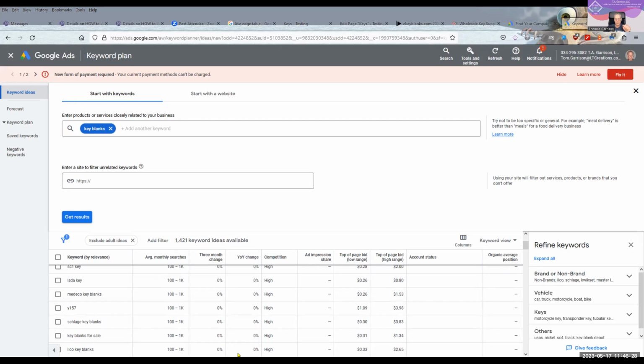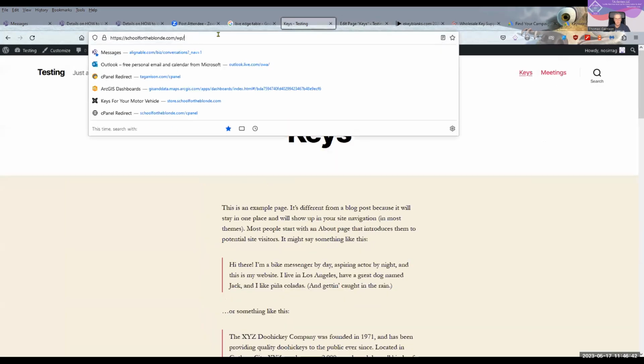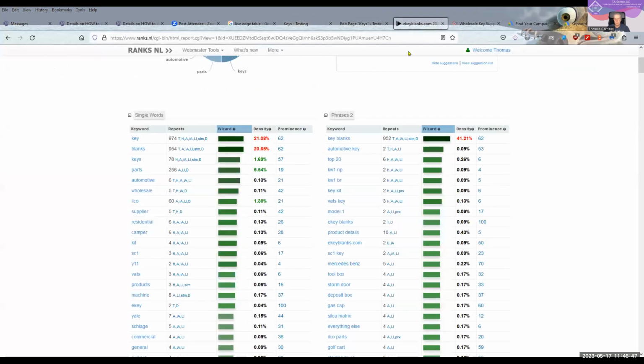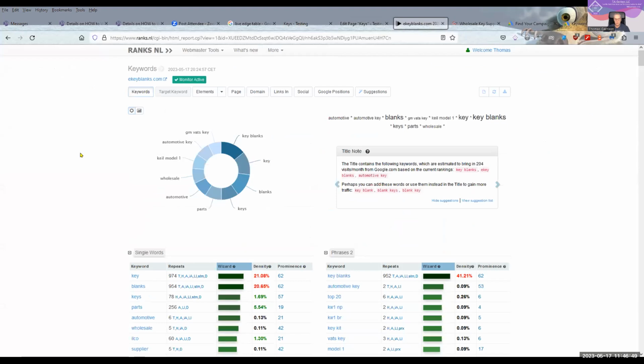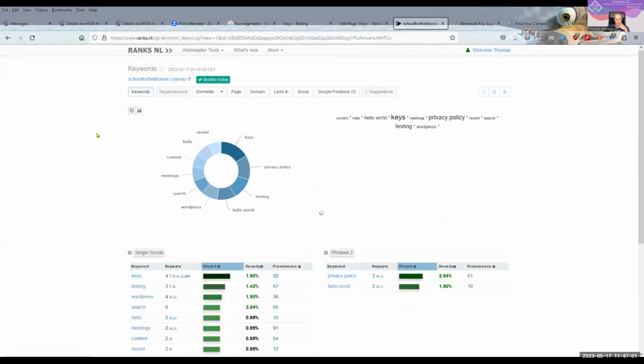Because you want to make sure that you keep your search and you get all the information you can. I've shown you ranks and how to look at the competition. Now I'm going to show you, let's go here, and we're going to see using ranks. We'll go back to this page and we'll put in a different one, which is the page on which I'm working and showing you as an example. So here it is.